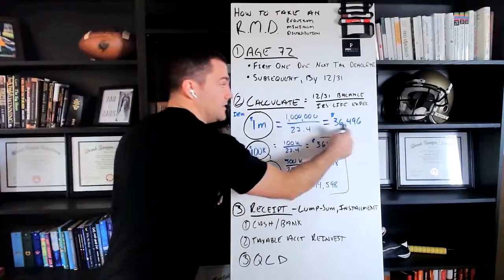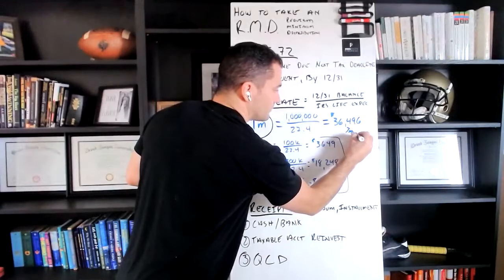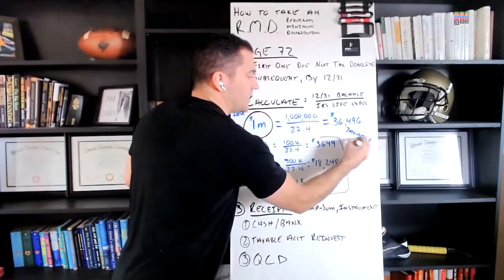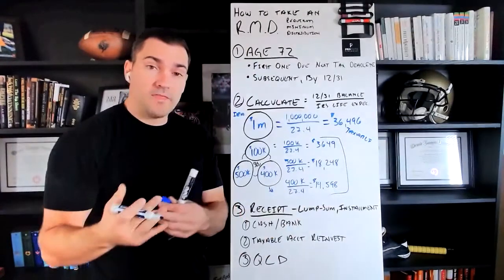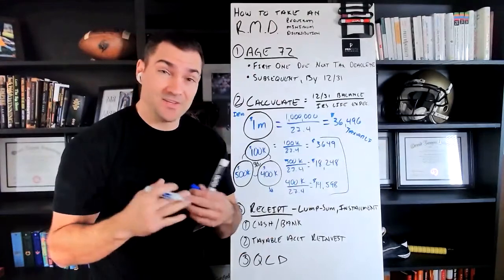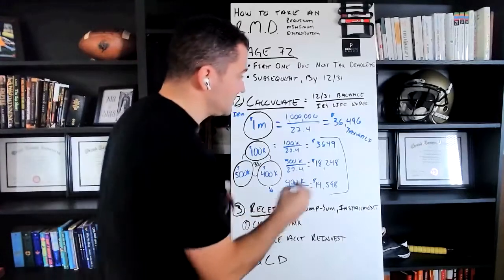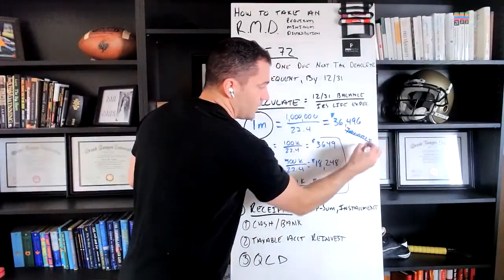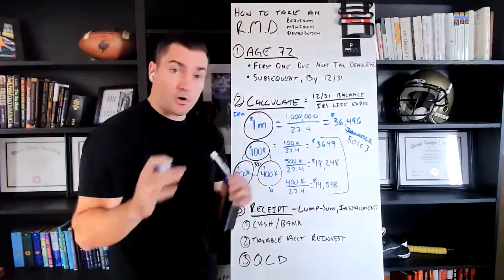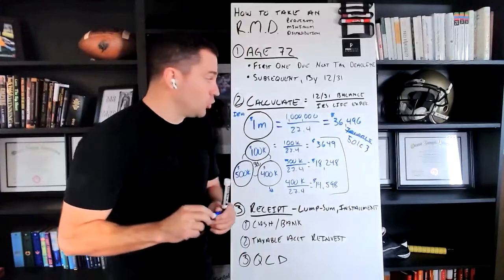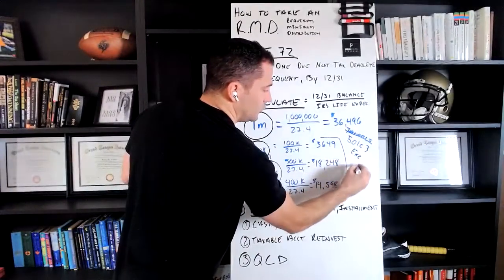Like I mentioned before, the amount that comes out is taxable. It goes on your tax return as income. But what if there was a way that you didn't have to put that on your tax return as income? If you didn't really need the money and you're charitably inclined, you can do a qualified charitable distribution. What that means is you can take this money and send it to a 501(c)(3) organization, church, charity, school, and this will be excluded from taxes.